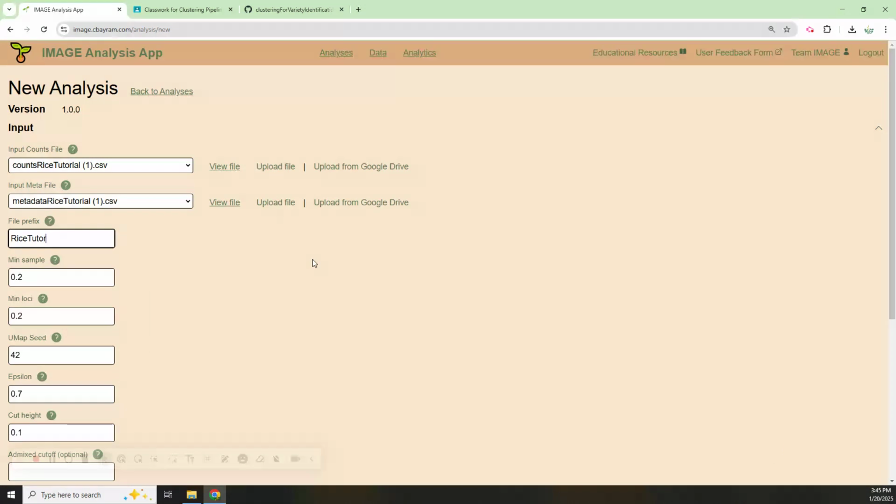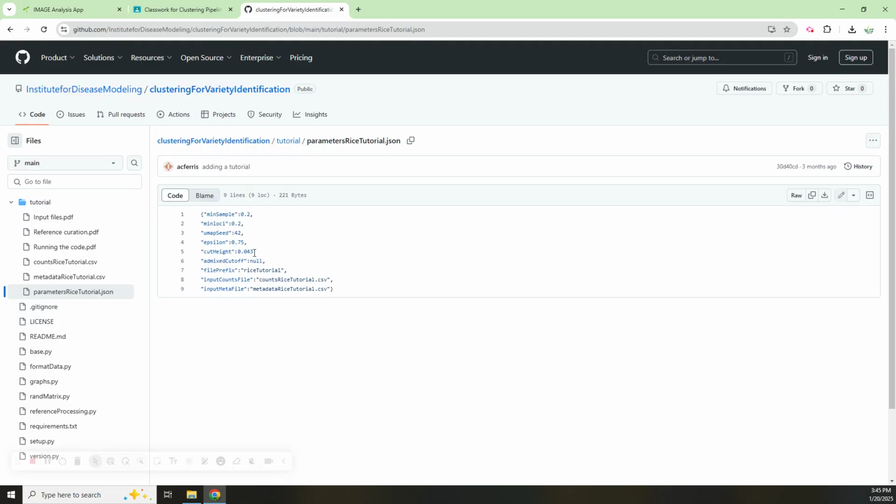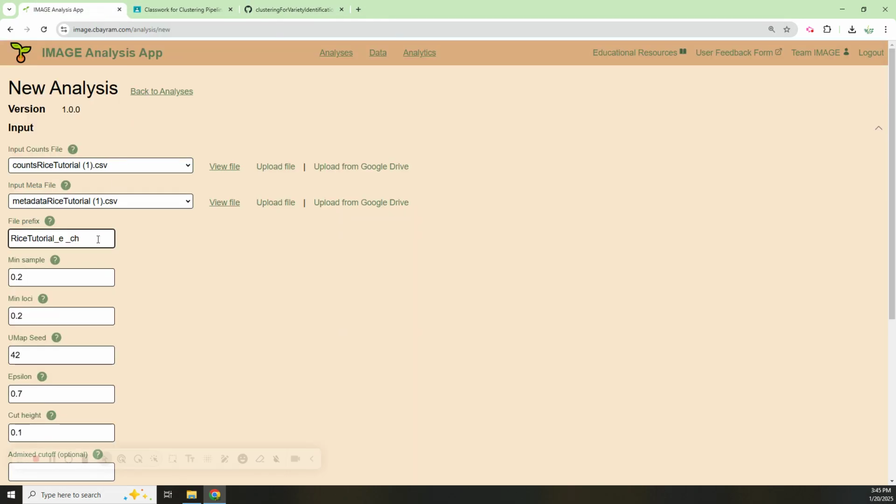So I do RICE tutorial, and then I like to see what the epsilon is that I'm using, and then also the cut height that I'm using. And so you'll remember those from here. So 0.75 and 0.043. So 0.75, we'll put the 0 there so it's more obvious, and 0.043,